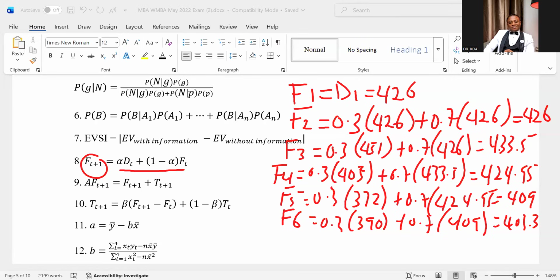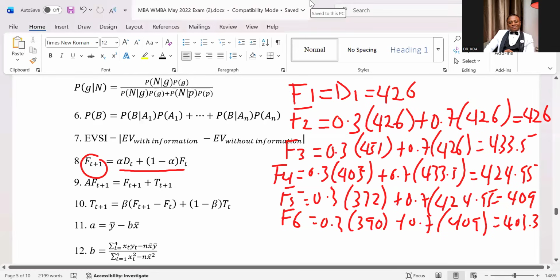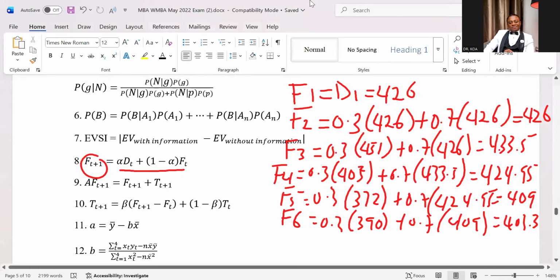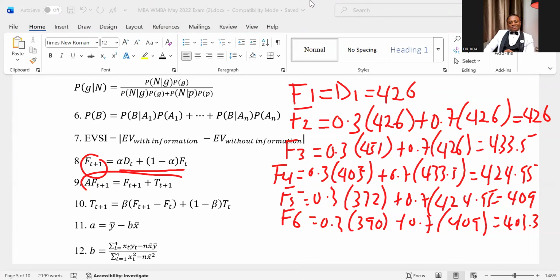Very good. So that helps you to be able to achieve all the forecasts that you want to achieve here. That is for the F's. But when you go to the question carefully, the question was: develop an adjusted exponential smoothing, not a simple exponential smoothing, but adjusted. Now, the adjusted will require that you use this formula. But you will need what we just did. You use this formula. That's adjusted. So keep these answers somewhere because you're going to deal with them.